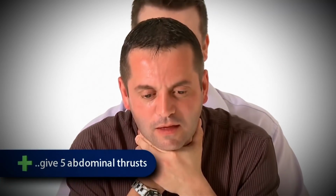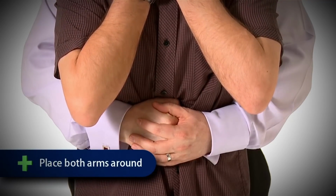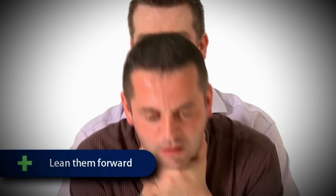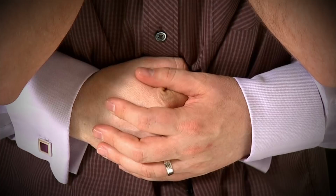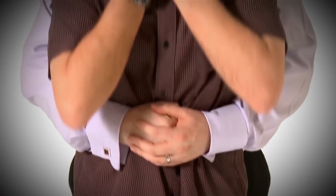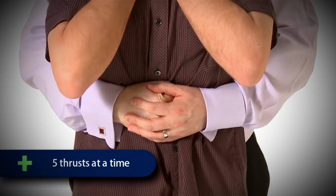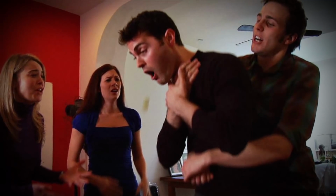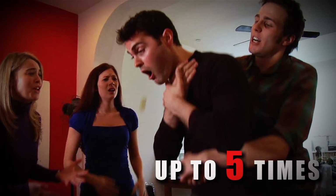In order to carry out this maneuver, you will need to stand behind the choking victim, put your arms around their waist and lean them forward. Make a fist with your hand and place it directly above the person's belly button, but below the breastbone. Put your other hand on top of your first, then thrust both hands backwards into their stomach with a hard upward movement. Complete this thrusting action up to 5 times and check after each thrust to see if the blockage